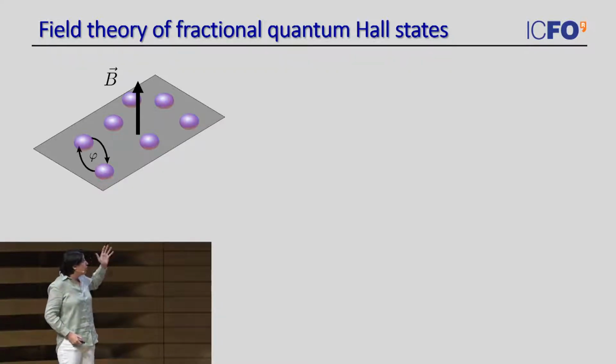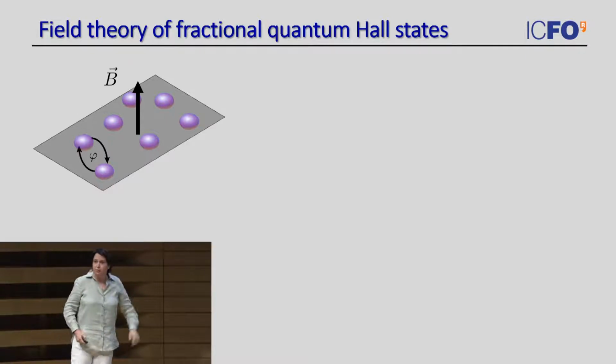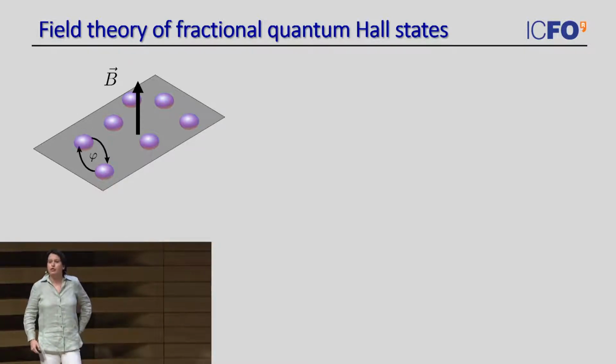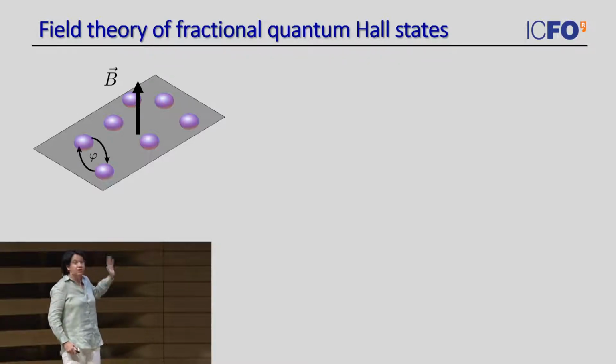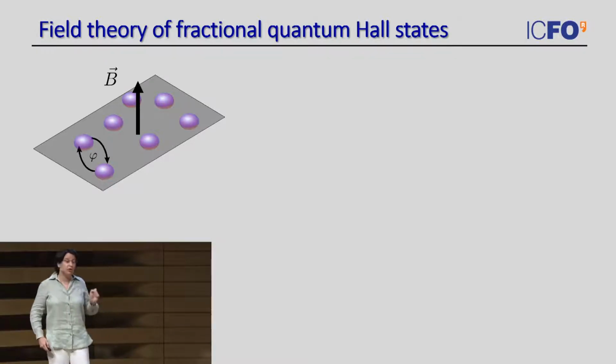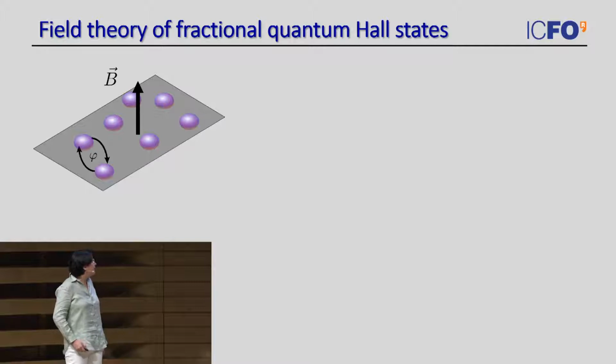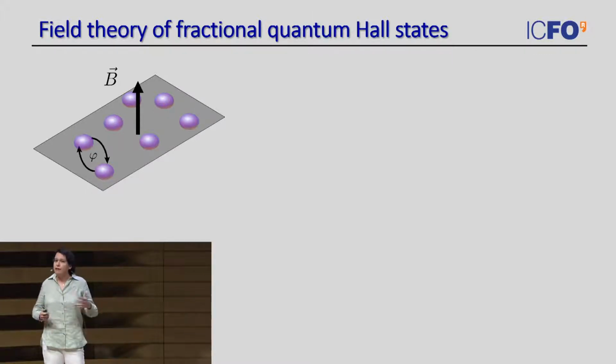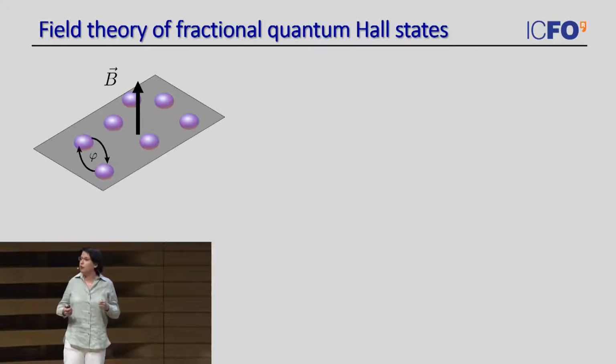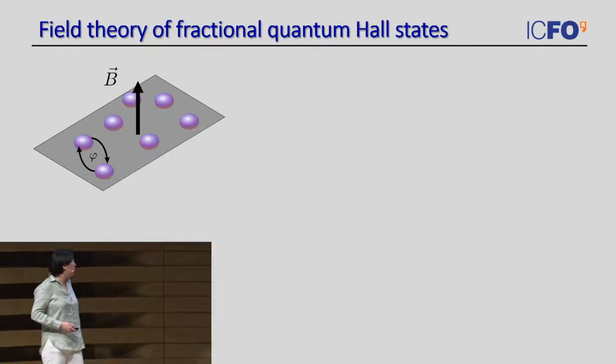Now, there is a lot of effort put into understanding better these strongly correlated states, and you will hear tomorrow in Markus Greiner's talk the approach of quantum simulating it with bosonic atoms in an optical lattice and subjected to a strong magnetic field. But in my talk, I want to take a very different perspective and just think whether we can build an effective single particle picture that would allow us to get an intuition on this complicated system. And this is, of course, not an idea that I got.